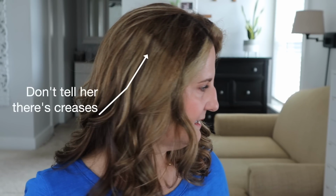All right, I'm just gonna use the e.l.f. Plumping in Mocha Twist. All right, take these off. Ooh, I don't think it did crease it. Yeah, it creased it a little bit, but not horrible. So there's the final look. Okay,